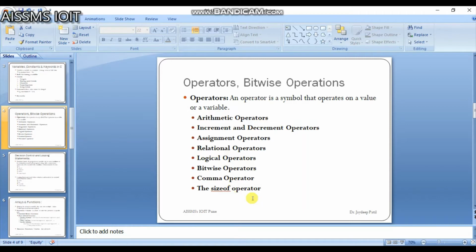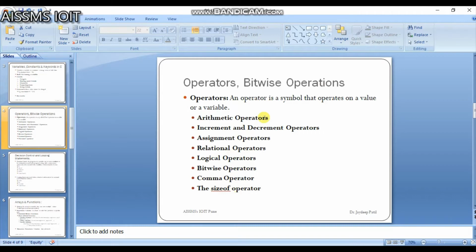So here the arithmetic operators. An arithmetic operator performs mathematical operations such as addition, subtraction, multiplication, division. It runs on numerical values that may be constants or variables. Next is the increment and decrement operators.